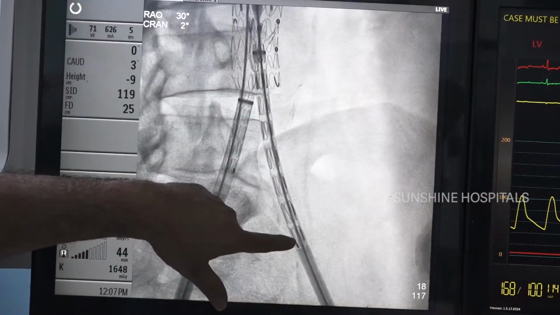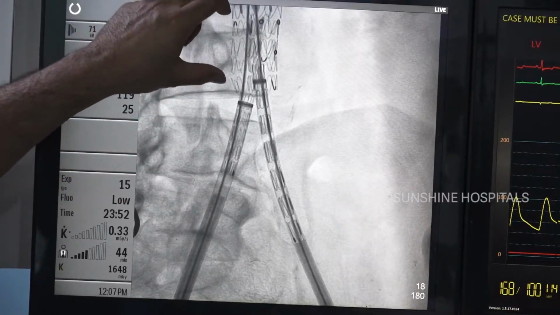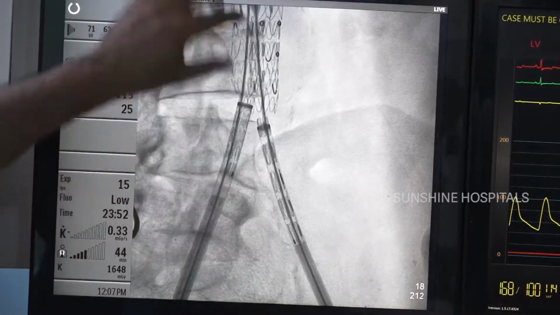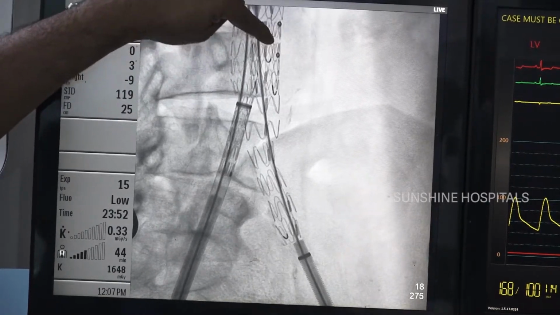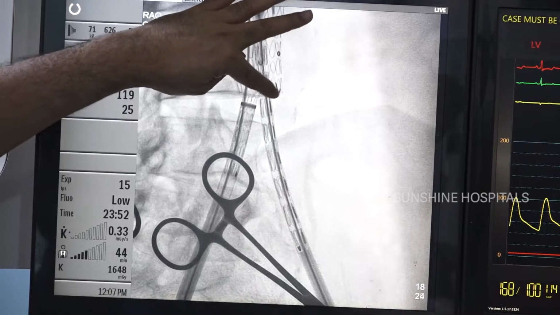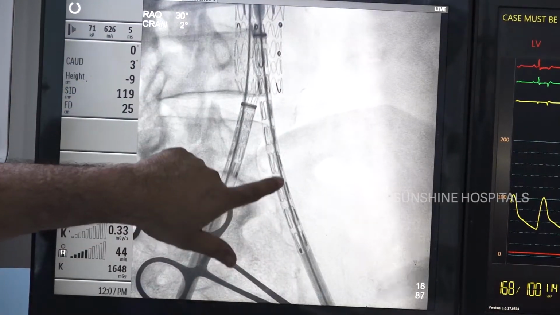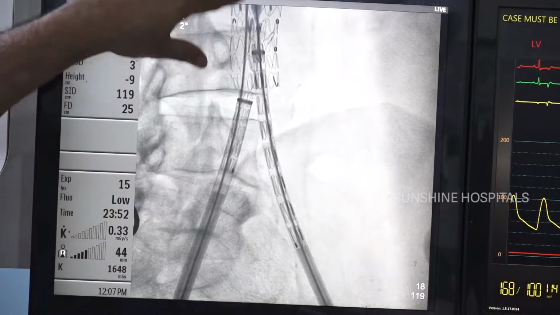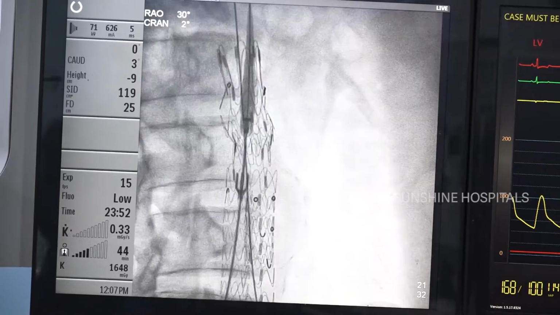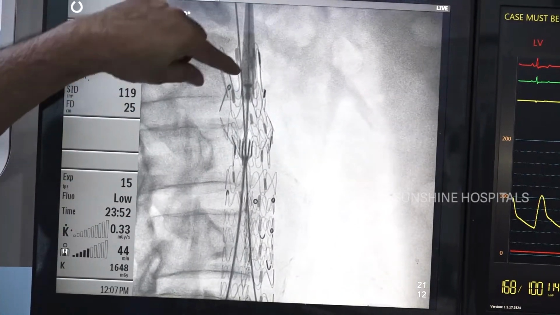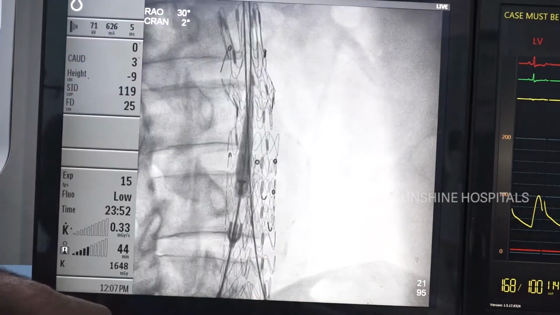Yeah. Now, after recrossing the wire through the left limb, we are inserting the left limb extension, that is 14 mm, and the length is 100 mm with 30 mm overlap. This is the overlap markers. These are 3 markers. This is the lower end of the left limb extension. So, we have 1, 2, 3, 4, 5, 7 mm and inside 3 mm overlap. So, this is total 100 mm. Now, after that we are opening the uncovered portion, then we are retrieving the dilator.